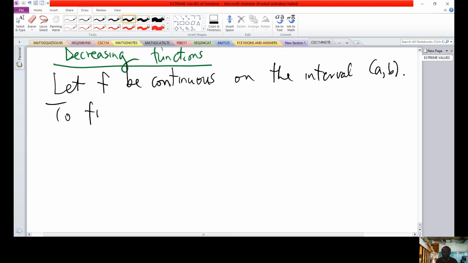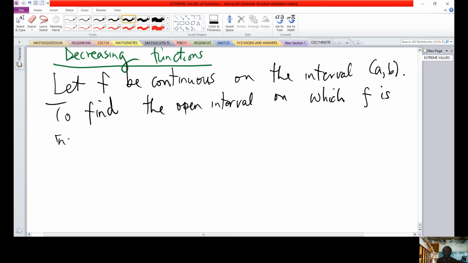To find the open interval on which f is increasing or decreasing,